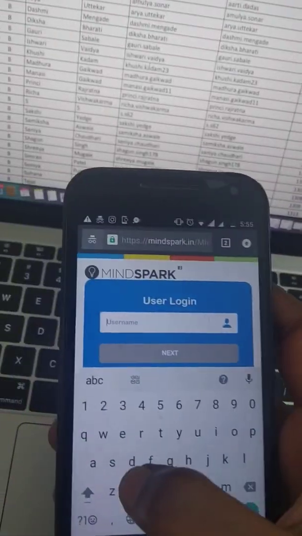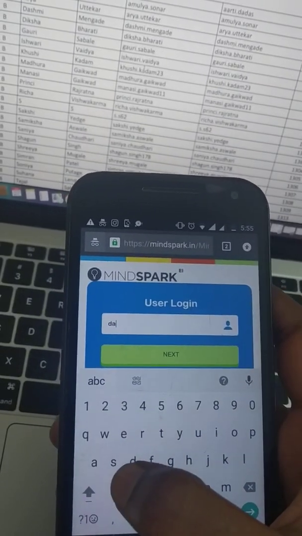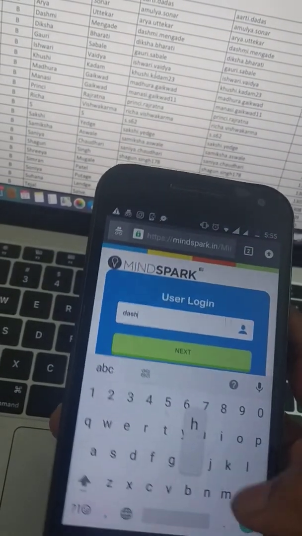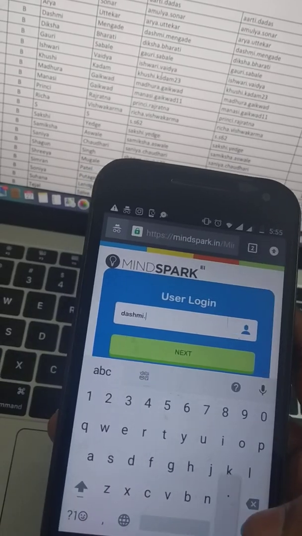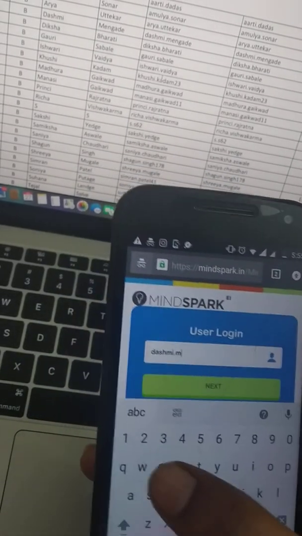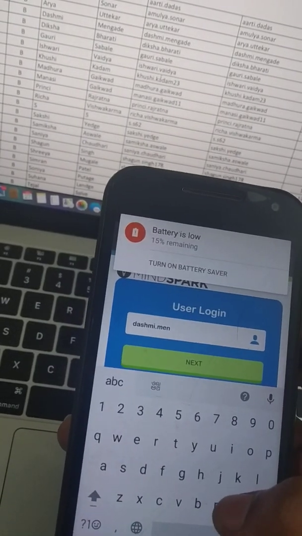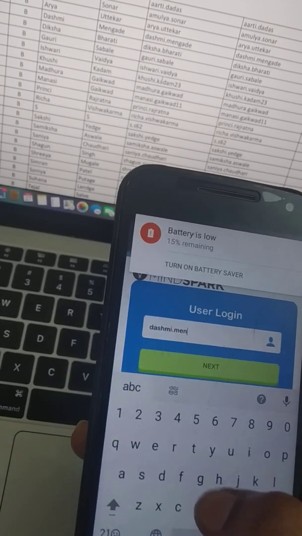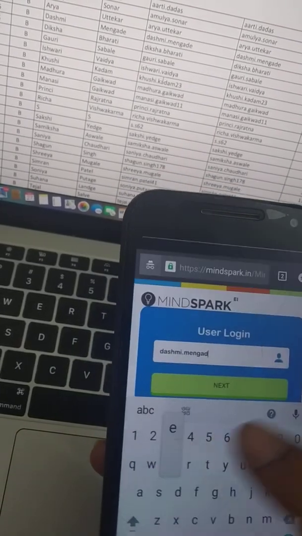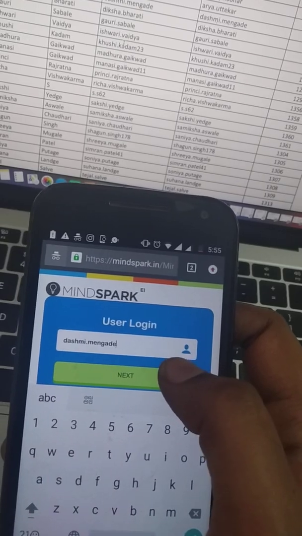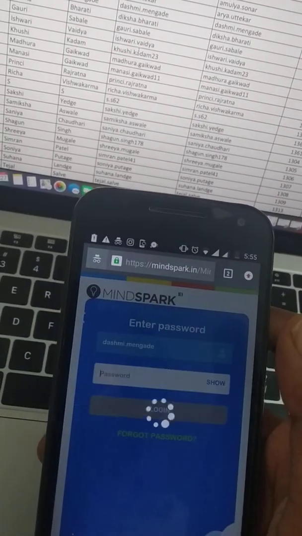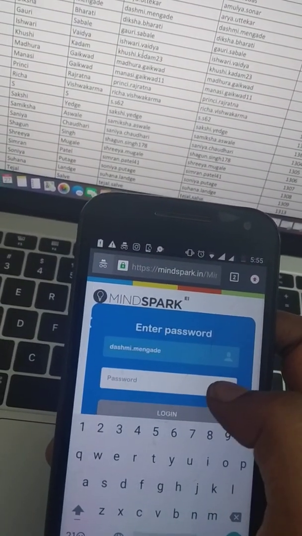Dashmi's username, DASHMI.MEN. Yes, once I typed her username, I'm going to go next. Now it's asking me for password.